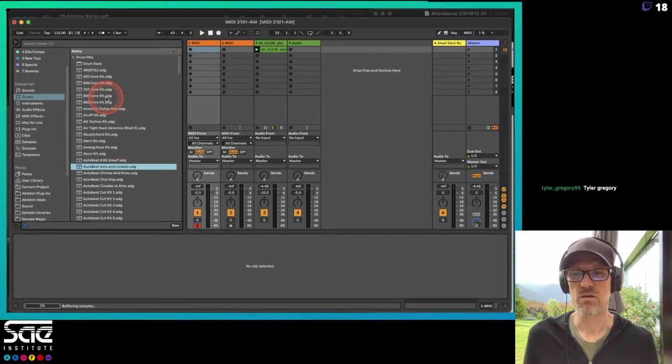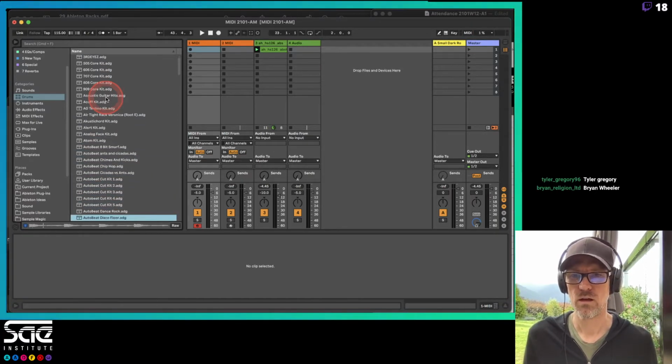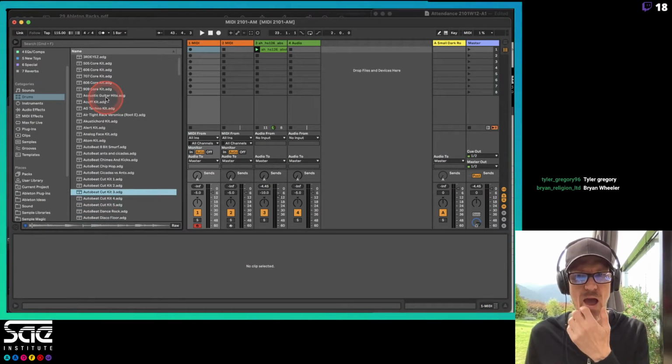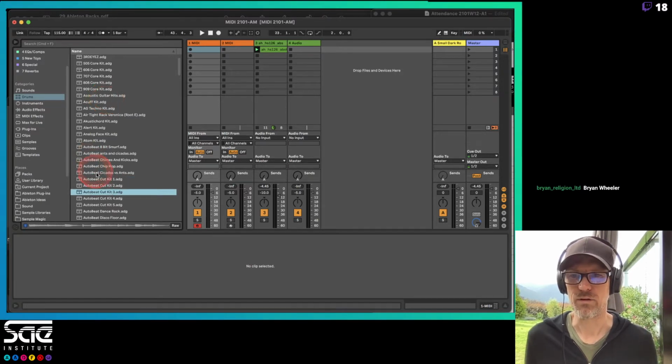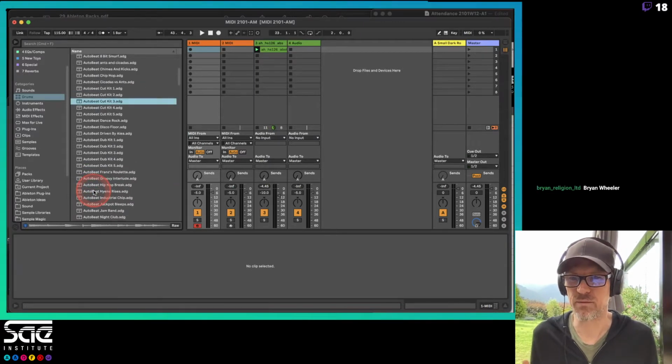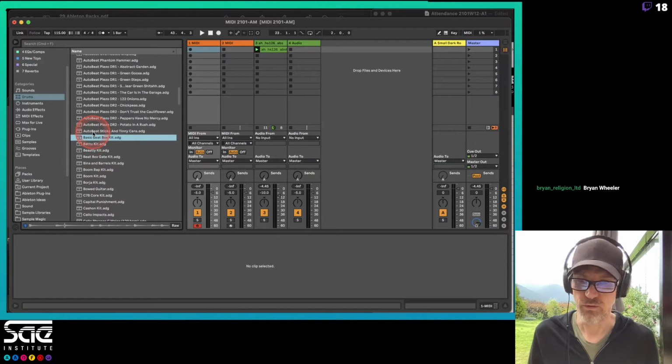And I can just use my cursor, my arrow keys, to go through this. I kind of like that one right there. That's kind of cool, but it's an auto beat one. Auto beat actually automatically plays. I'm not a huge fan of the auto beat stuff because it automatically plays. Maybe I just haven't used it enough, but